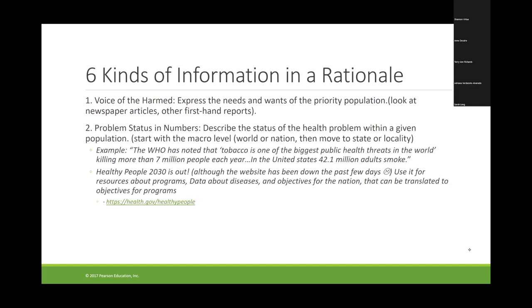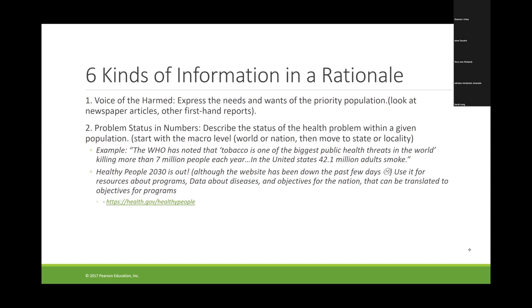The next is something that you probably would go to anyway, the idea of what's the problem in numbers from a status perspective. A reminder, Healthy People 2030 is out. It's been out for a little while now, but we've all sort of been under a rock with COVID. I did also see that the Healthy People website has been down for the last couple of days, so I'm not sure if it's up today, but it's a really great resource to think about objectives, programs, even contextualizing a condition or a situation. So I'll remind you, if you haven't been to Healthy People 2030, to go back there.